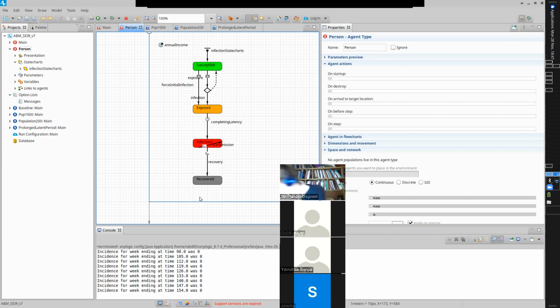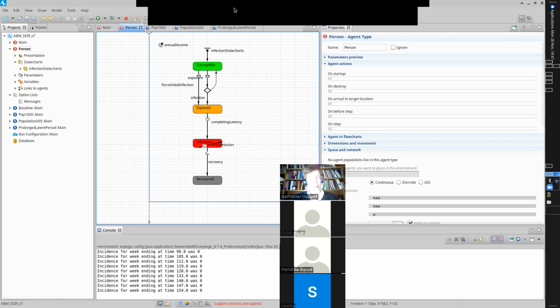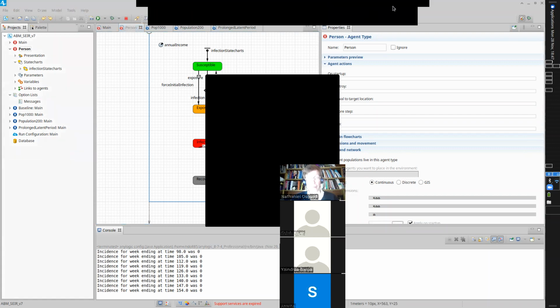That wouldn't be hard to do. There was a desire for sensitivity analysis. Let's do that. That was asked for before, and I feel